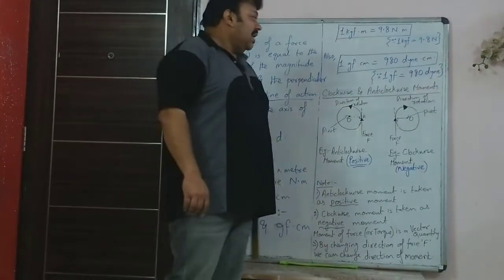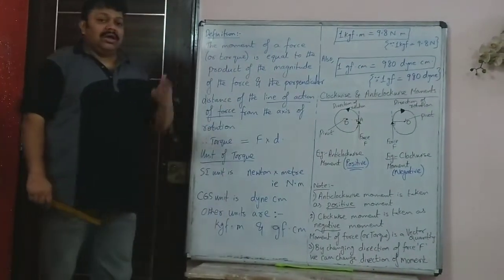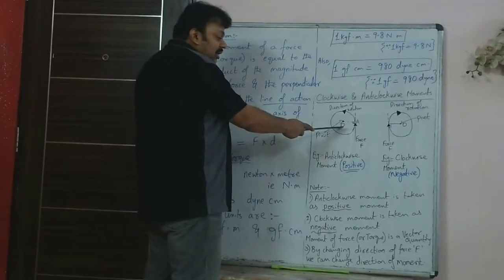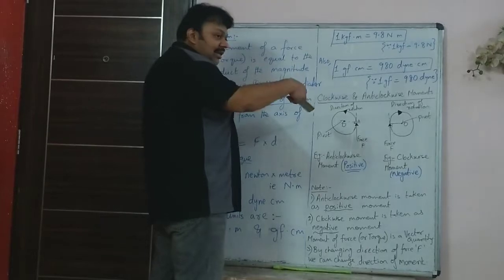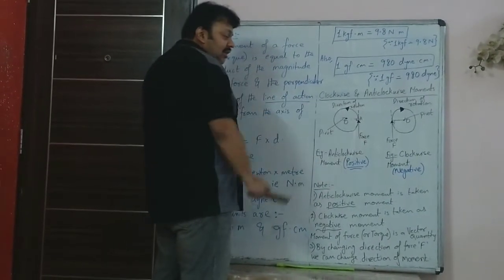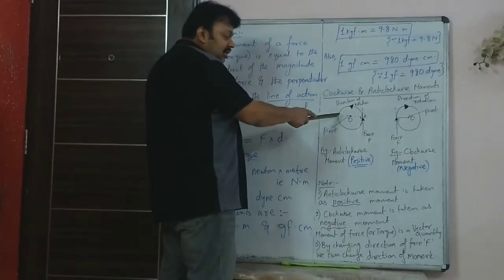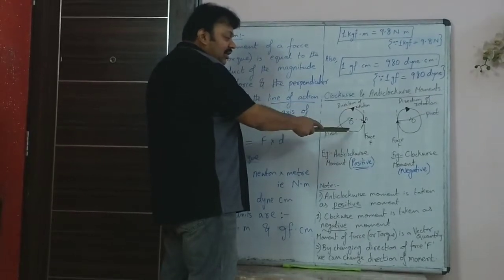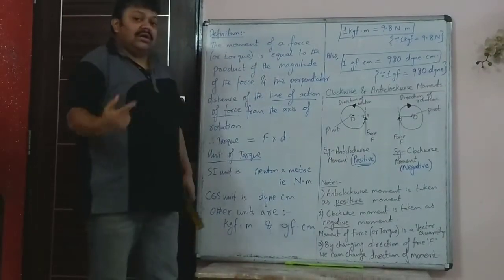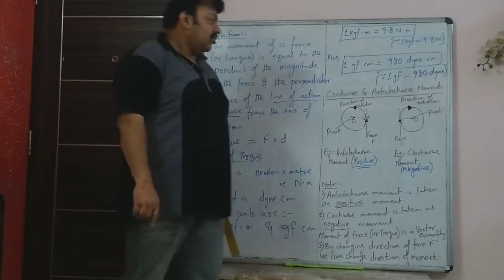So now, clockwise and anti-clockwise movements. There are two types of movements that can be produced depending on the direction in which the object rotates. So now here the pivoted point is O. That is, the axis is around that point. Now force is applied at the point A in this direction. So when the force is applied, obviously you know that this body will start rotating in the anti-clockwise direction. So this is known as anti-clockwise movement, which is also considered positive. So anti-clockwise movement is considered as positive movement.